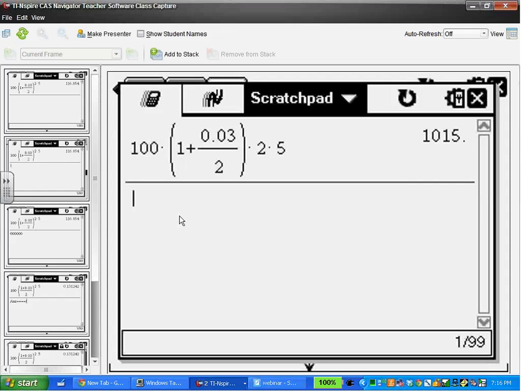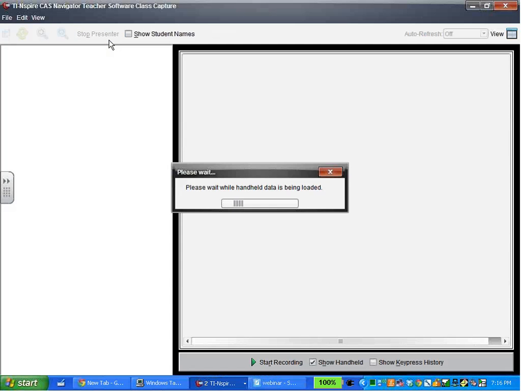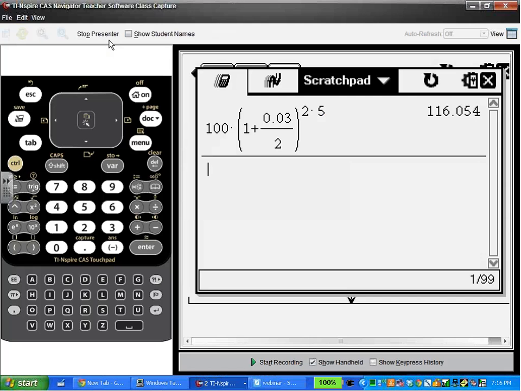Another thing about monitoring the class, and it has to do, I think, with this live presenter, is it helps you to go at a pace. I think it's so hard in a classroom to go at the correct pace. Sometimes I'll go too fast or too slow. And so if you put a student in charge, one thing you can do is you can just say, okay, I'm going to make you presenter. And then that student is in charge of